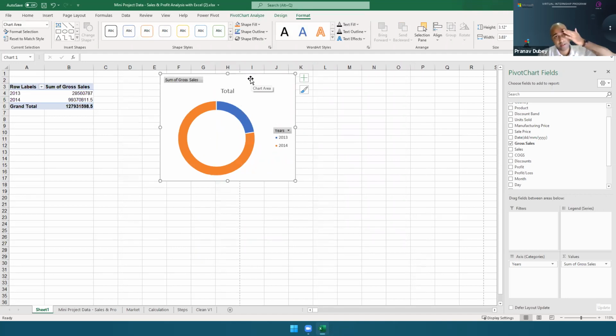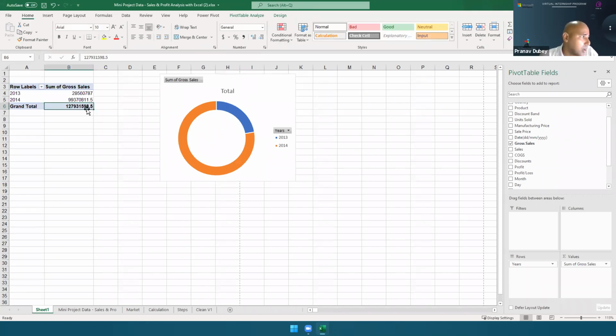Okay, why I created this? I use a pie chart or a donut chart. I didn't use a bar chart because I want to study or visualize the comparison, or the share of sales from each year, from the total sales. So my total sales is this much.